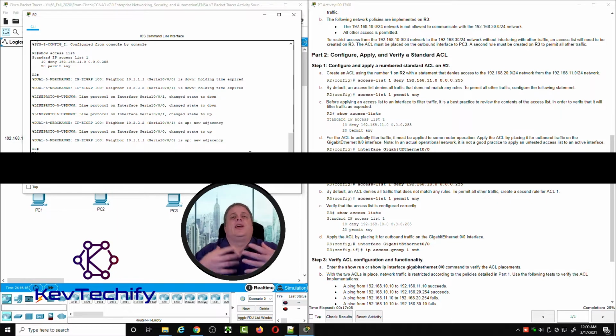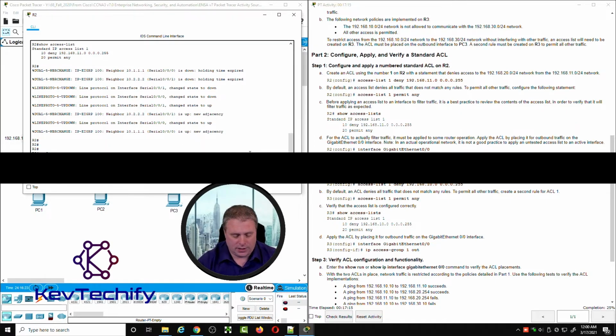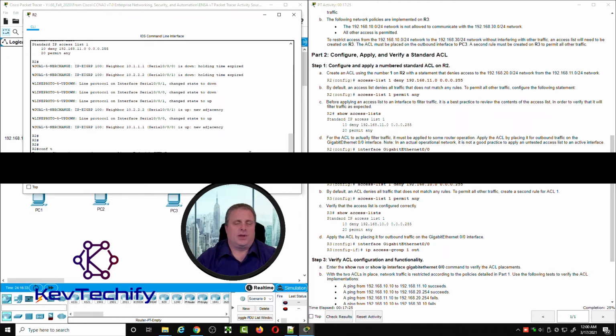And so we have to go into that interface, gig 0/0. From our privileged exec mode, we can go ahead and type config t, which brings us into global configuration mode. Then we can go into interface g0/0. Our prompt now changes, saying we're in interface configuration mode. And right here is where we're going to apply that access list. This is dealing with the IP suite. And so what group of access control entries are we going to use? Our command here is